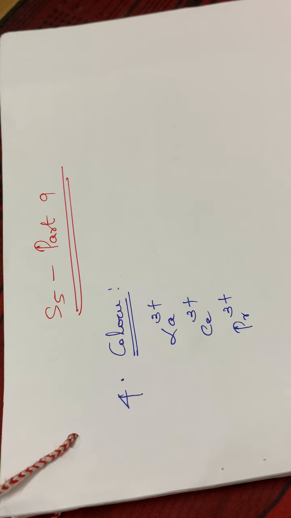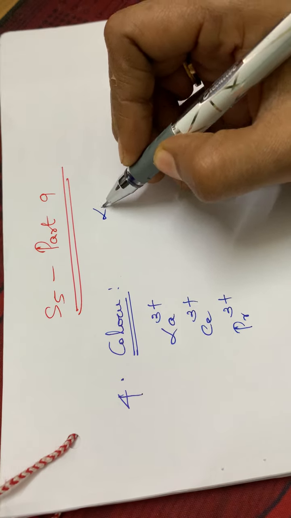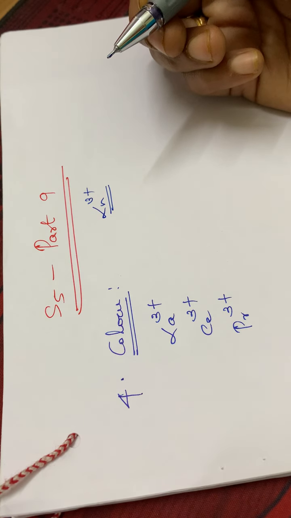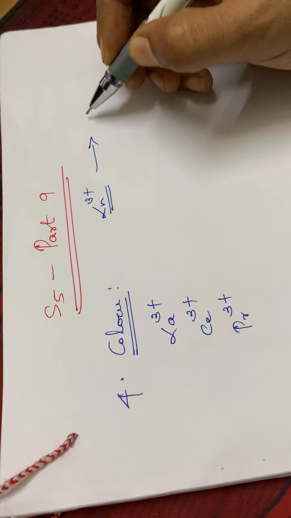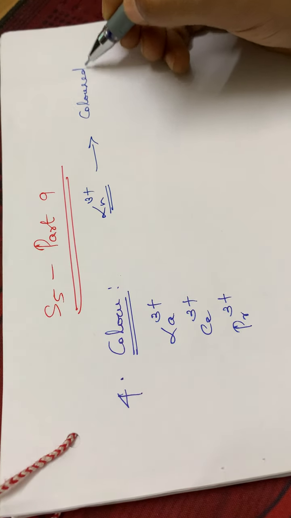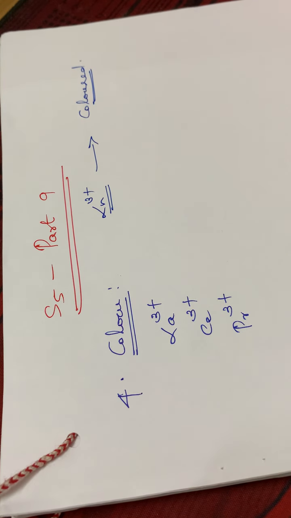Good morning, dear students. Our next session is regarding the color of lanthanides. See here, the general oxidation state of lanthanides is +3, isn't it? So we can write it as lanthanum 3+. And normally these lanthanide 3+ ions are usually colored. And just like in all the cases, there will be some exceptions in these cases.